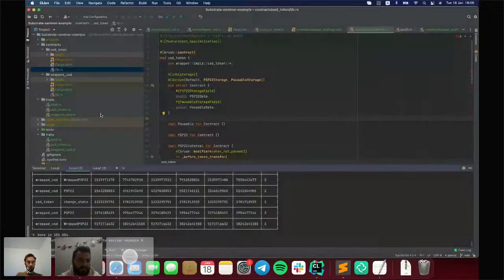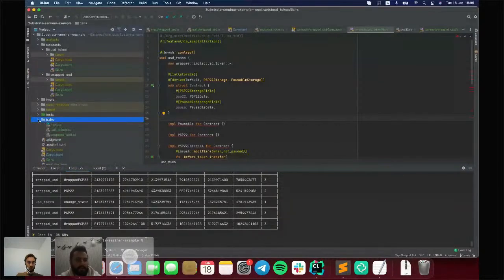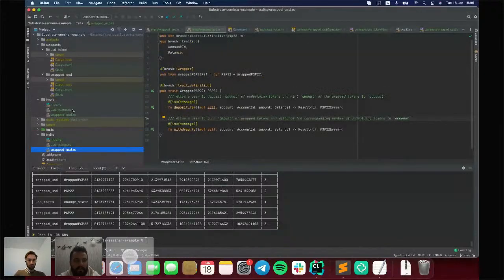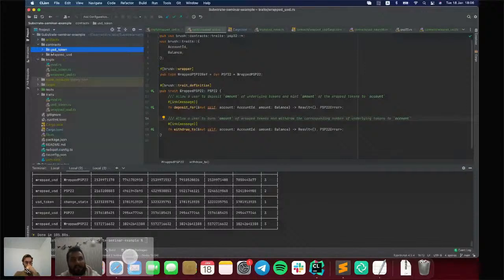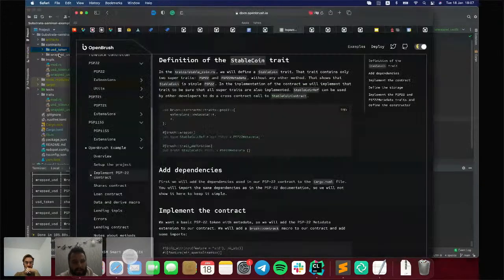It contains the same idea: the traits folder should contain only trait definitions, impls should contain only implementations, and the contracts folder contains separate crates with 1 contract for each crate.